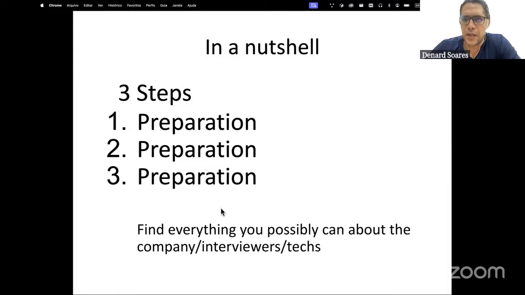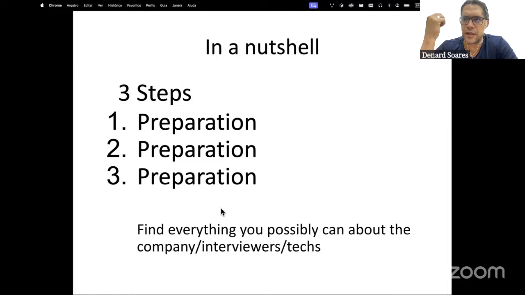And even if you spend some time studying, doing some research and reviewing some concepts about system design, the most important tip that I can give you is the preparation. So you have to practice, you have to rehearse, you have to do beforehand what you should do during the interview.